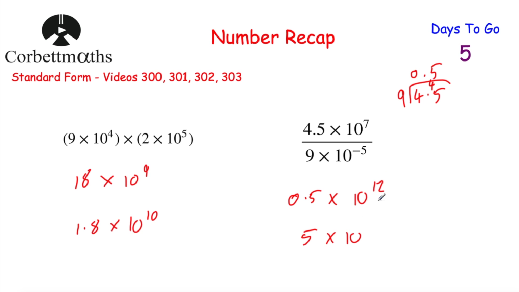So if you divided 10 to the power of 12 by 10, well, then you'd have 10 to the power of 11. So the answer would be 5 times 10 to the power of 11. And that's it. So in terms of standard form, it's important you can write numbers in standard form, that you